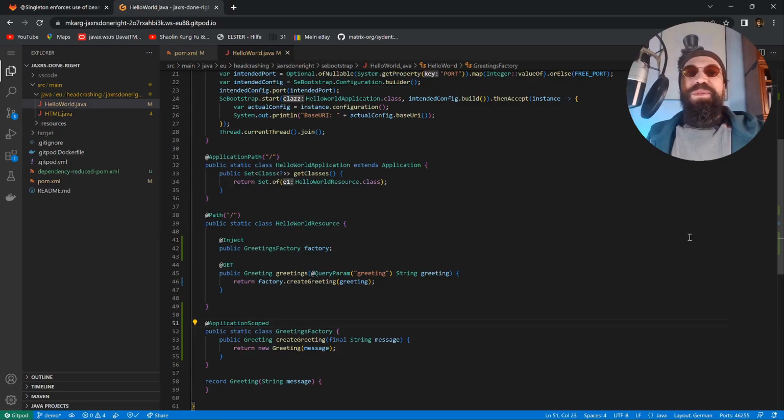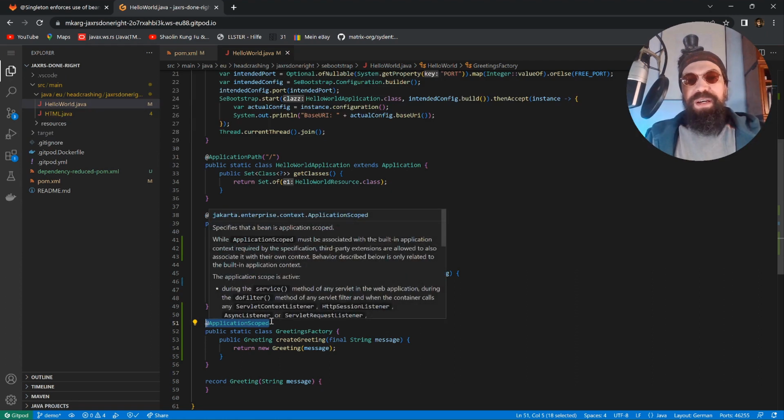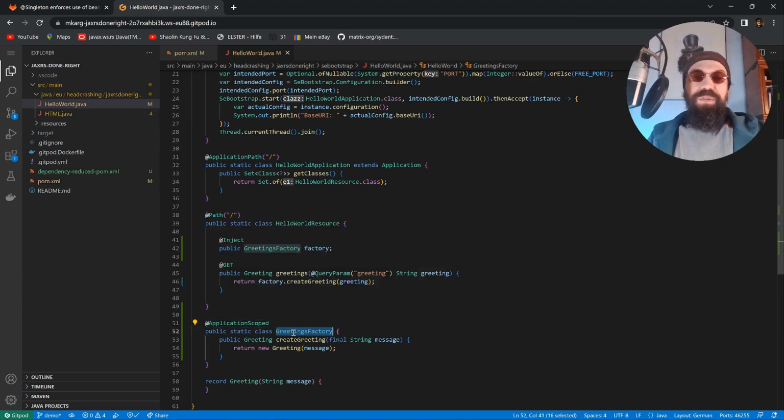Today we want to use a few more annotations to do more tricks with CDI in your handcrafted microservice from scratch, written in Java. The first thing I want to emphasize is this application scoped annotation here. It actually is added for two things. The first thing is to actually mark the greetings factory as a CDI bean at all, because if you remember